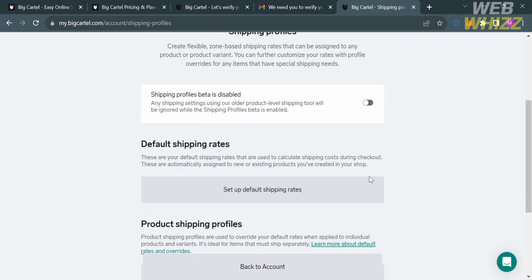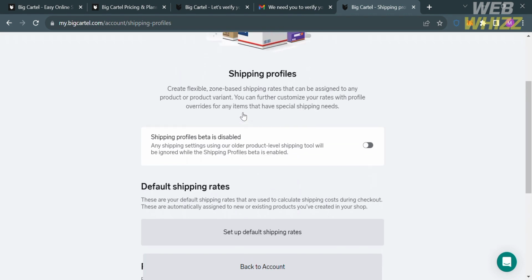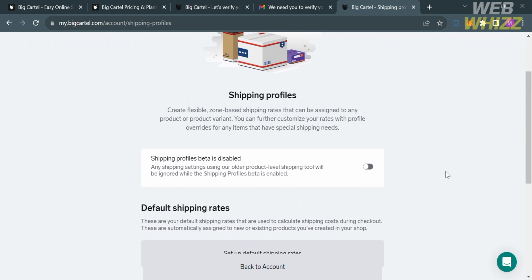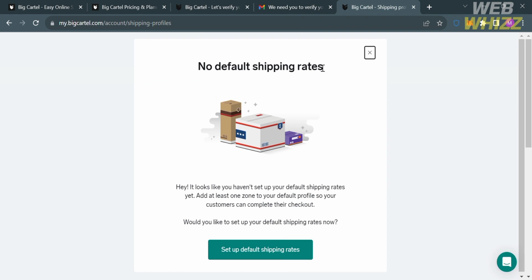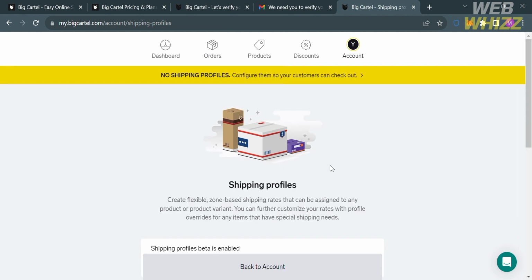From here, under the shipping profiles, it will show you that you could also turn on the Shipping Profiles Beta, in which by enabling this shipping profile, it will make your shipping rates on the default mode. However, we currently don't have default shipping rates, so all we need to do is simply set up the default shipping rates. And you can click this button below here to do that, or alternatively, you can go back to this page